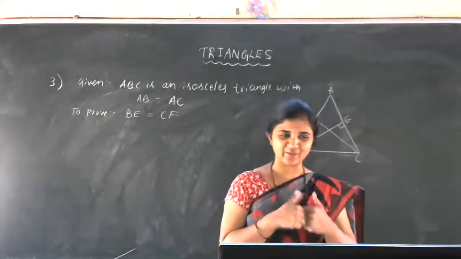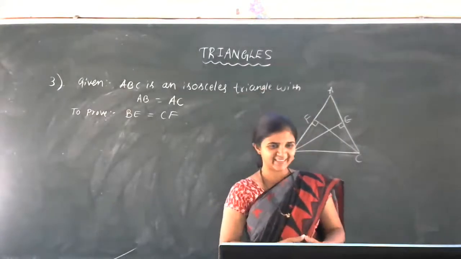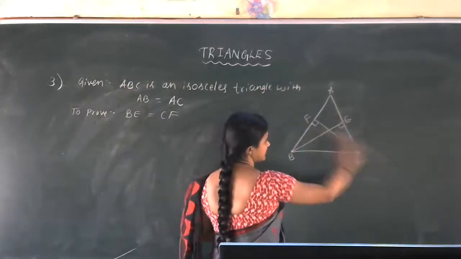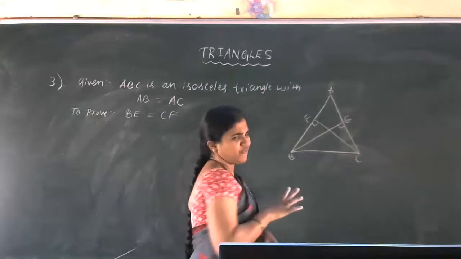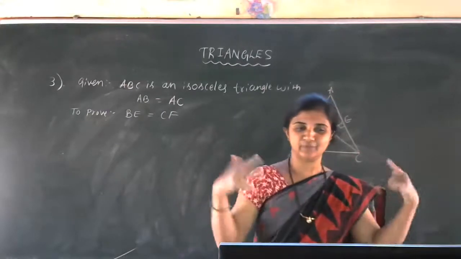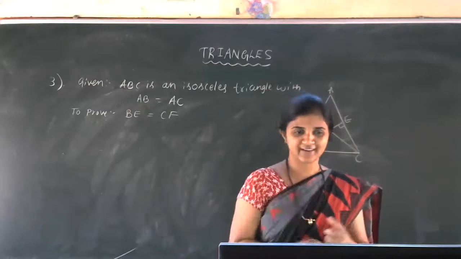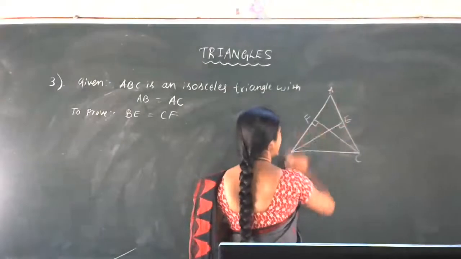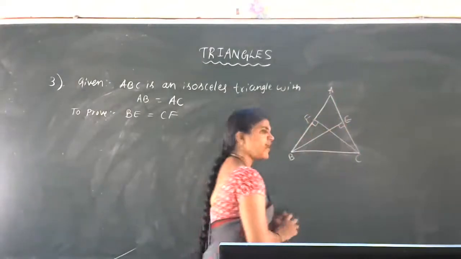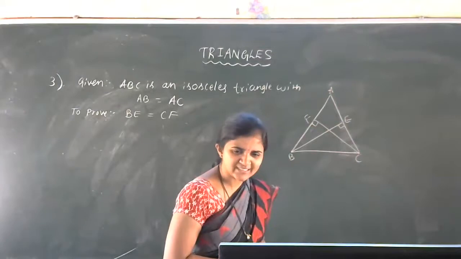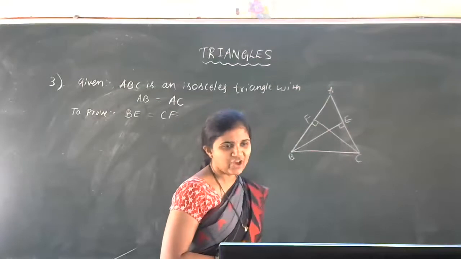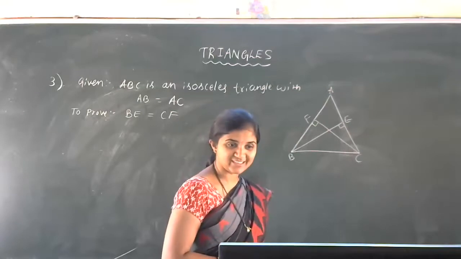Okay, so now which triangles we have to take to reach the proof? Can you tell me? So we have the diagram actually. We are observing this triangle, this triangle, this triangle, and this triangle. Now, for which triangle we can reach our proof easily? Which two triangles we have to choose here? AEB and AFC. AEB and AFC in that we can cover BE and CF of course. Okay, is that only one choice?